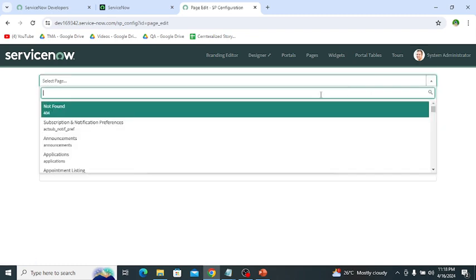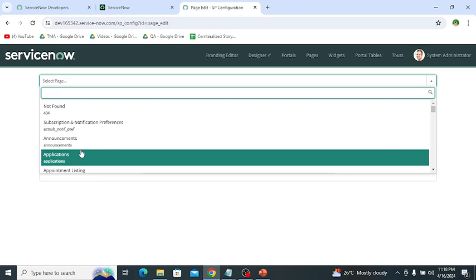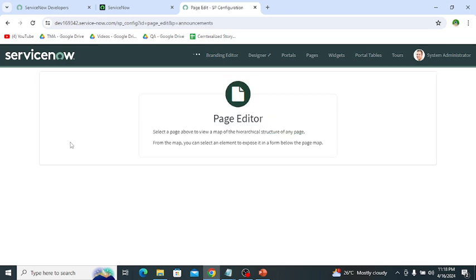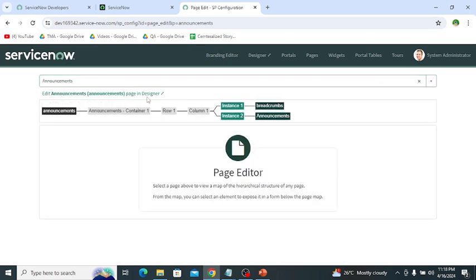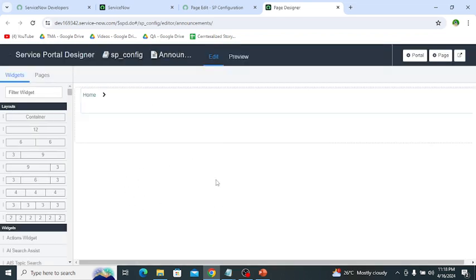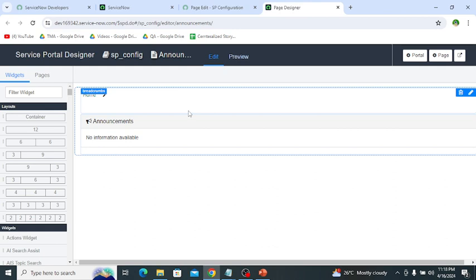we can select the page on which we want to add the widget. For example, we can select the announcement page. Then click on this page in designer. These are the containers. This is the container which contains widgets like home, announcement.